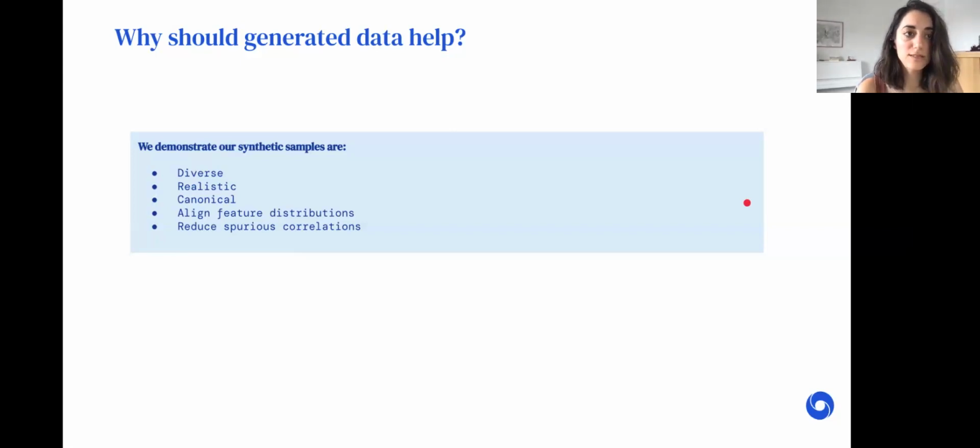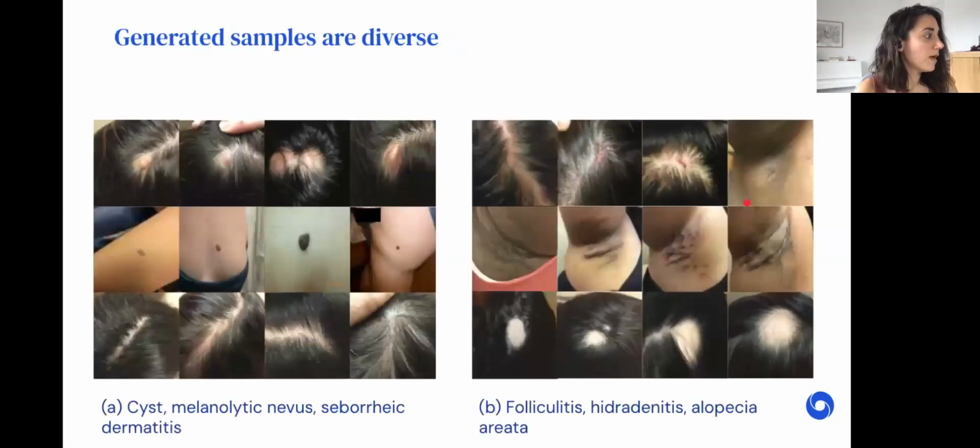And it's, again, important to stress that we do not intend to use these images for training purposes of clinicians or for evaluation, but this was purely to evaluate whether the downstream effects that we see in our diagnostic model are also linked to features that clinicians would also pick up when making their diagnosis. So in the in-depth analysis, we also looked at how synthetic samples align distributions better and reduce spurious correlations.